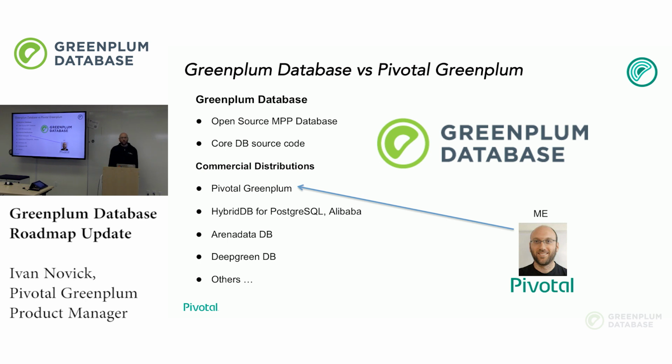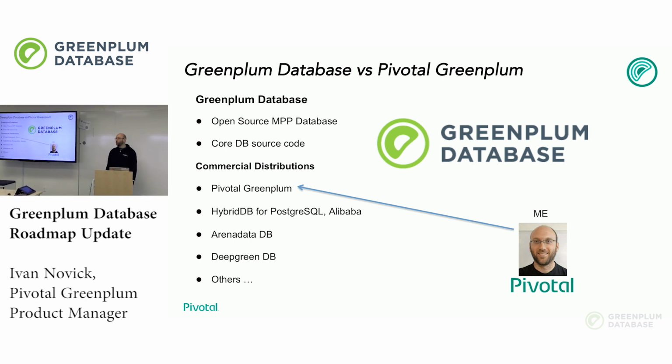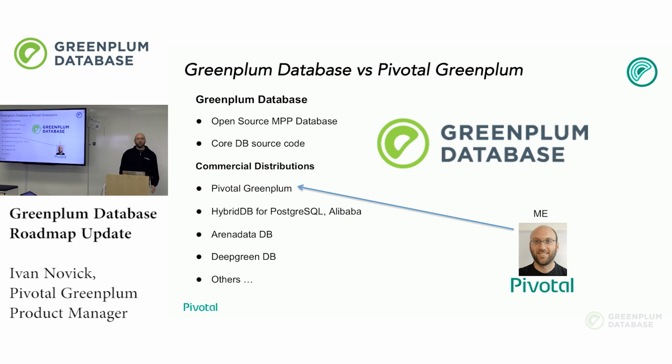So before I get started, I wanted to first clarify a few things. Sometimes people are confused between Pivotal Greenplum and Greenplum database. The key point here is that Greenplum database is an open source project, right? It's based on Postgres. It's hosted in GitHub. So there's a whole bunch of code there that makes up Greenplum. All of the core of Greenplum database that you can compile and build into a working MPP database is part